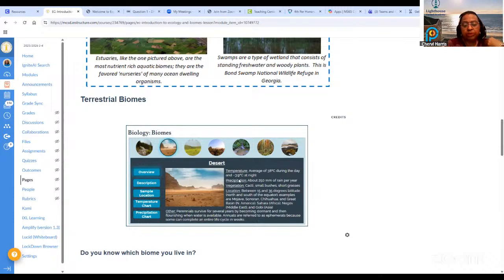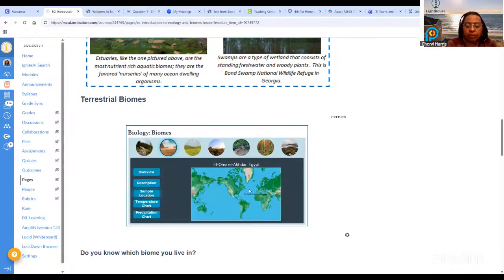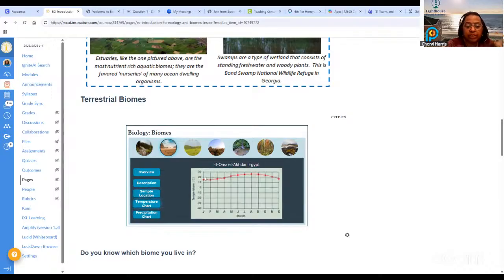Again, temperature, precipitation, location on the planet. So again, if you look, they highlight it for you where you're going to find it. They tell you what the average temperature is for the year. And being able to read one of these graphs is important because they might ask you what is the average precipitation in January, and know your months. So you got a lot of J's here in January, and you'd be able to say that